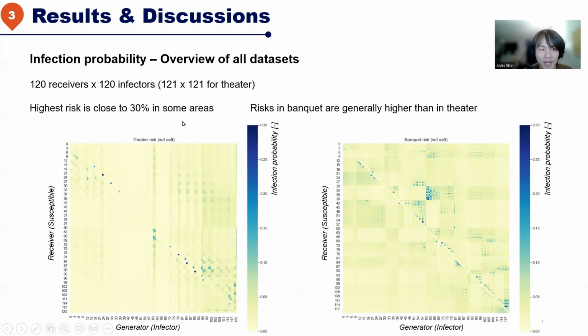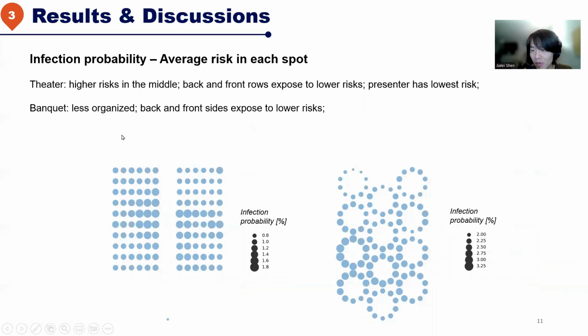So we can know that the highest risk in these two spaces is close to 30% in some areas, like for the banquet in these areas, right? And we can also know that the infection risk in banquets is generally higher than the risk in theater, because the color in the banquet scenario is darker than the color in the theater scenario. But from the heat map, we cannot tell too much detail because we don't know where each